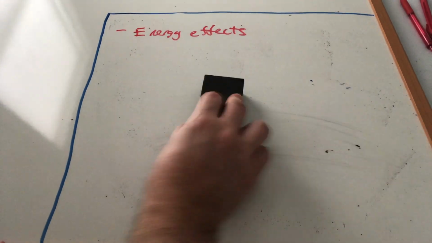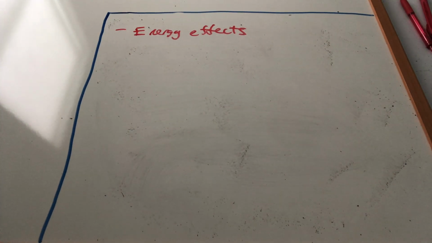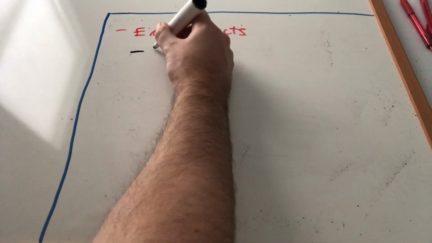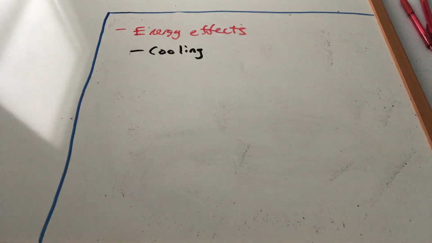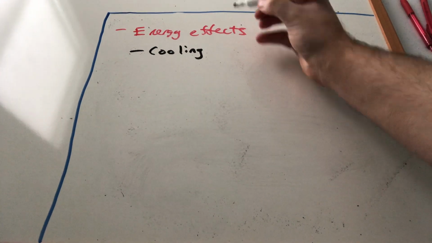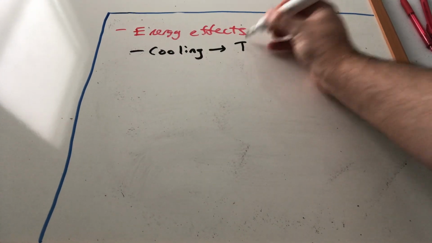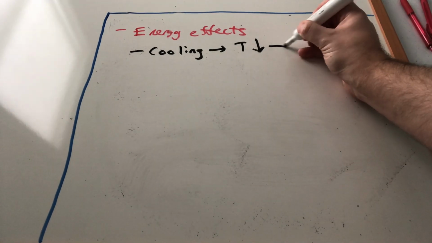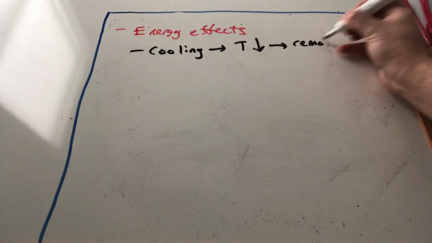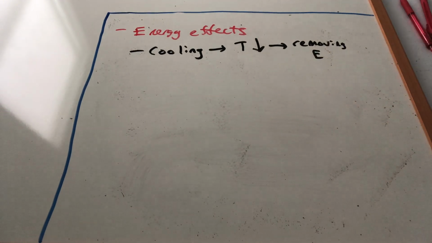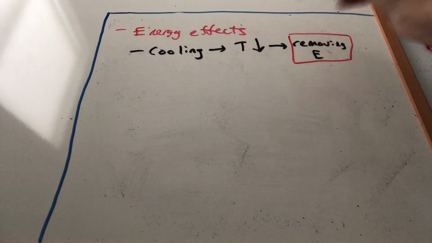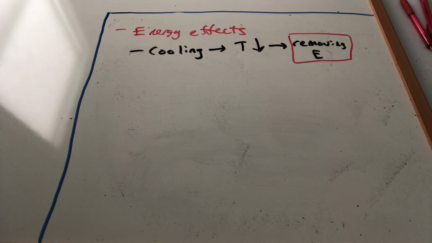So how does this help? Because what we're going to be doing in the context of Le Chatelier's principle is we're going to be cooling reactions. If we cool reactions, that means the temperature is going down. That means we're removing energy. So hopefully you can follow the logic here. Now, depending on delta H and whether that energy is acting like a reactant or product, the cooling effect or the heating effect that we're going to talk about in a second is going to have a different effect